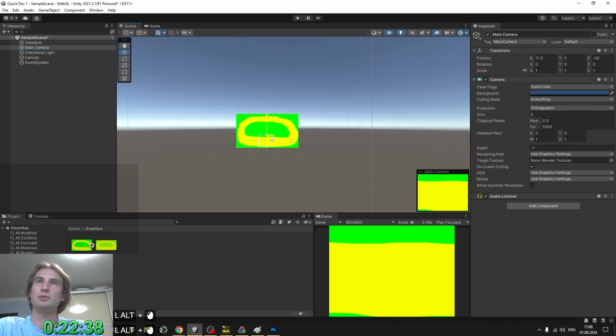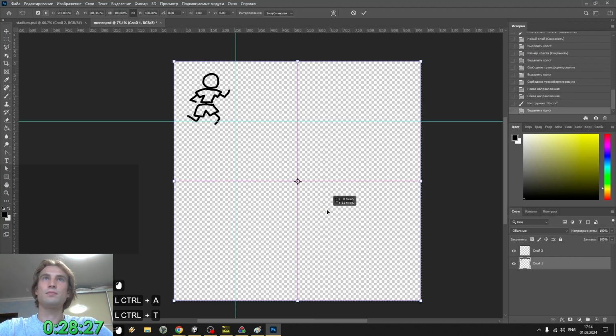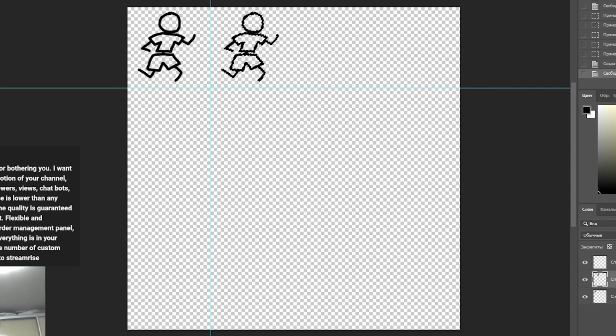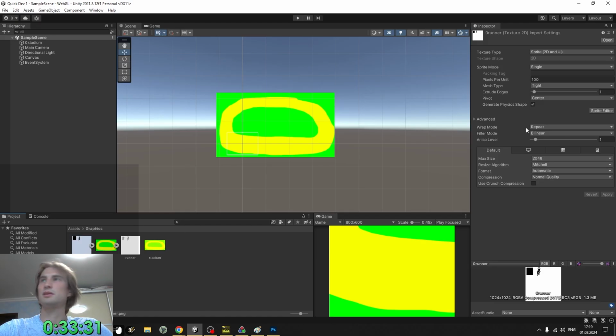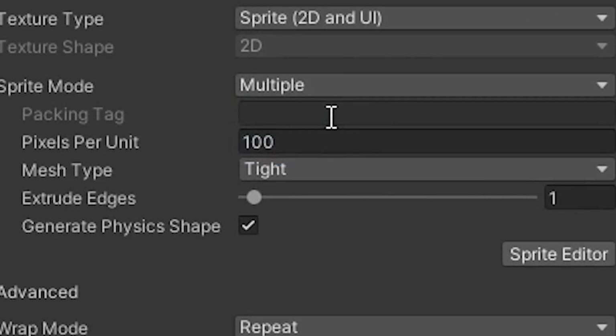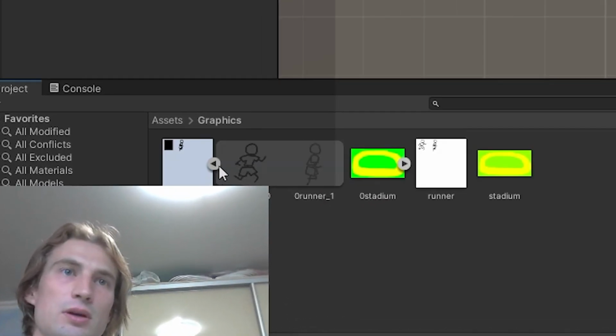Move the camera around like this. I needed someone to follow with the camera, so I made a runner. This is perfect, right? And then a second frame for a simple running animation. I arrange frames on a picture like this, so in Unity I can import the file as sprite, set mode to multiple, hit the sprite editor button, slice by cell count, and I get several assets from one file, which is